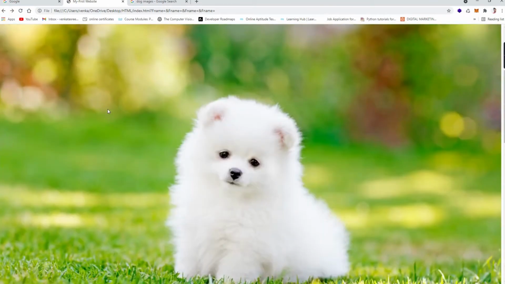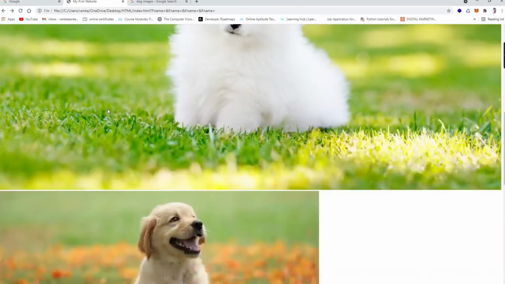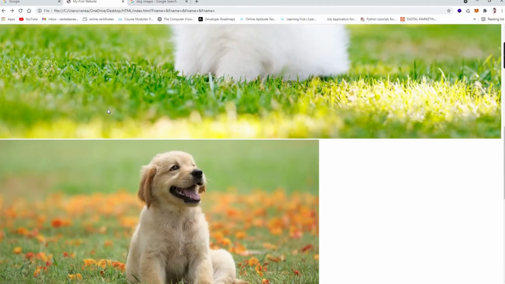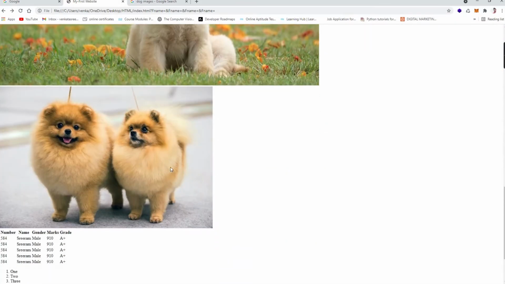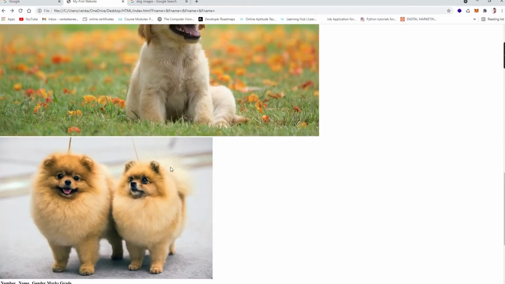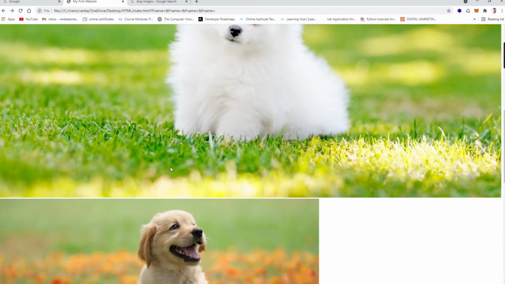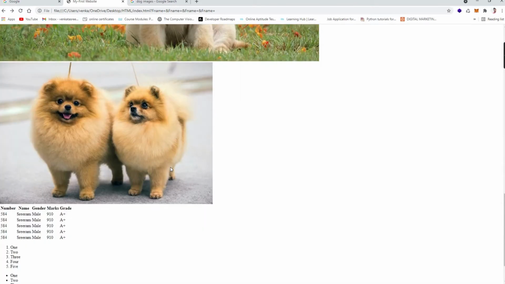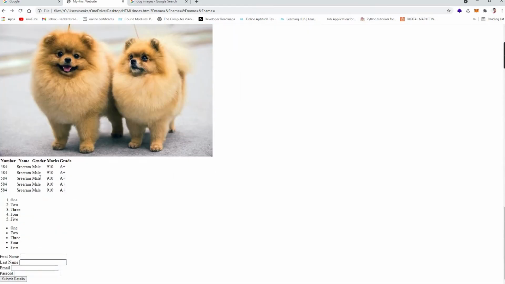You can clearly view the images. Some of the images are not the same size. This image is very large and this image is very short. So how to arrange the size of the image, and how to make an image grid to make your website look pretty, and how to draw some border lines so it appears as a box-like structure, exactly like a table, and how to utilize the ordered list and unordered list in creating your nav bar and footer bar, and how to make this submit button form into a contact form.